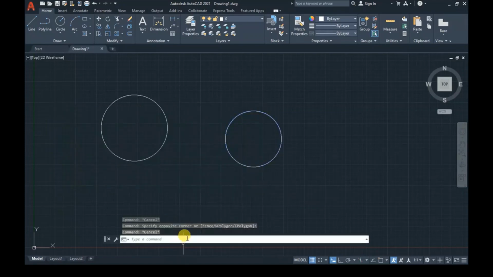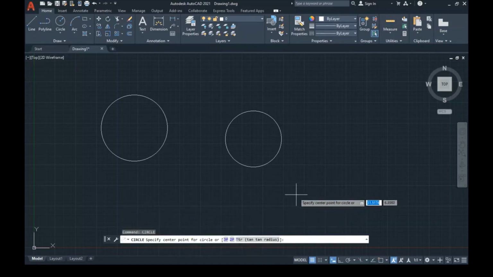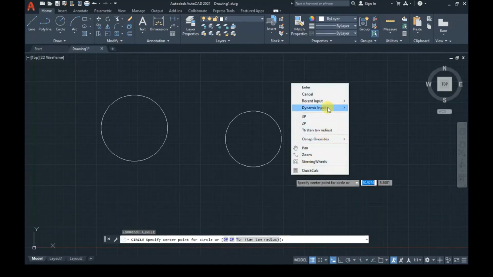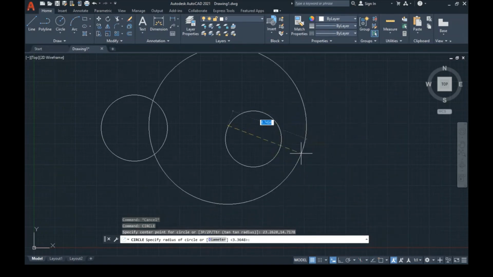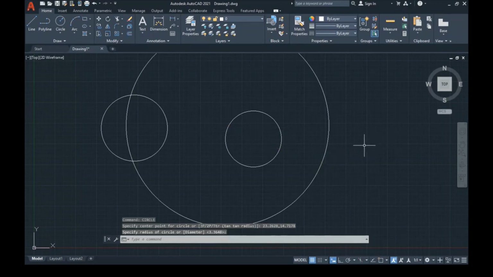What I want to show is that I say circle, right click and choose recent input. So you can decide the various circles from recent inputs, and you can do this. So this is like using multiple commands, recent inputs and cancel.